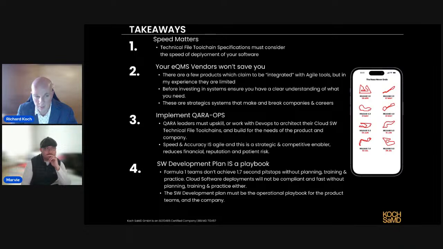There's a lot of tools coming with productivity, which is going to accelerate the speed of code development exponentially. And for the QARA departments, there's a huge opportunity here. For me, this is strategic, it's competitive, and really should be a board issue: whether the QARA department can keep up with the velocity of the code deployment.